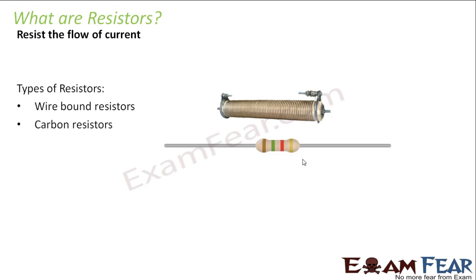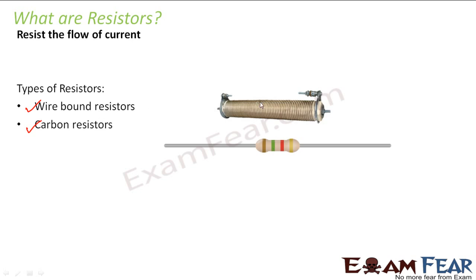There are different types of resistors available. One is known as wire bound resistors, and there is another called carbon resistors. If you go to your science lab, you would be able to see these kinds of resistors there. They are very small bits, but when you put them in a circuit, they try to resist the flow of current. Now, how much is the resistance of these resistors? That also we can calculate by looking at the colors present on these resistors. But how we calculate that is not needed for you at this level. You will study all those things in class 12.